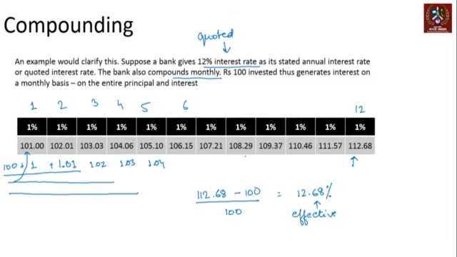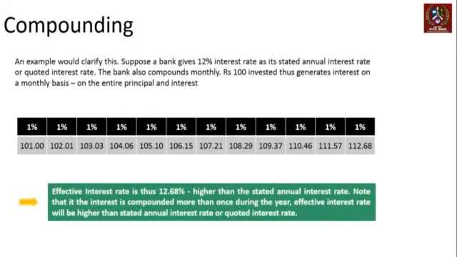To understand this better, we can also look at another example and try and gauge this a little bit better. Before we go there, let's try and formally introduce a formula around this, right? So what it says is that the effective interest rate is 12.68%, higher than the stated annual interest rate. Note that if the interest is compounded more than once during the year, then the effective interest rate will always be higher than the stated interest rate, because the stated